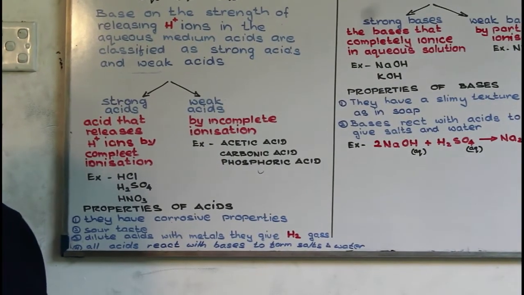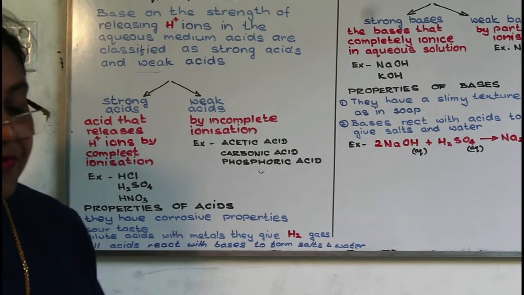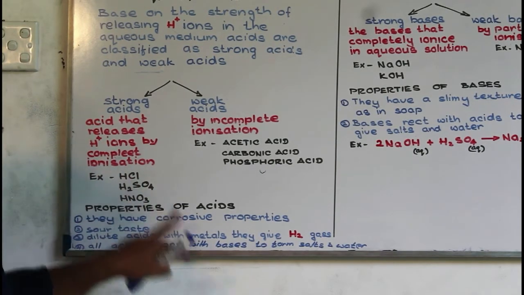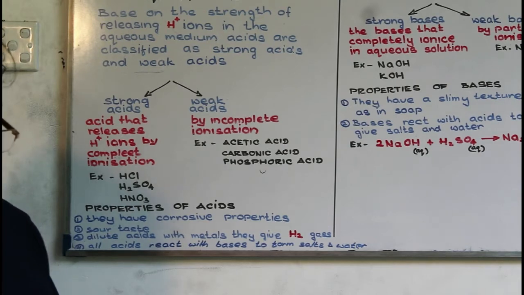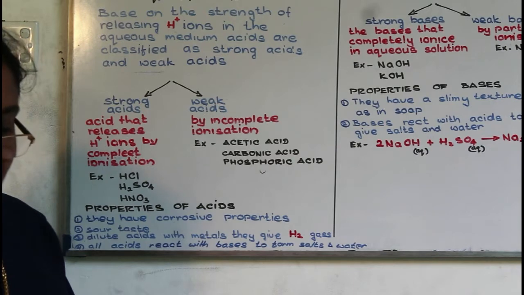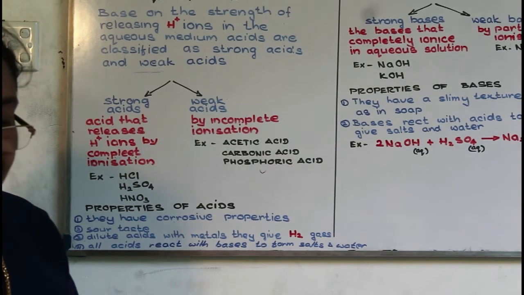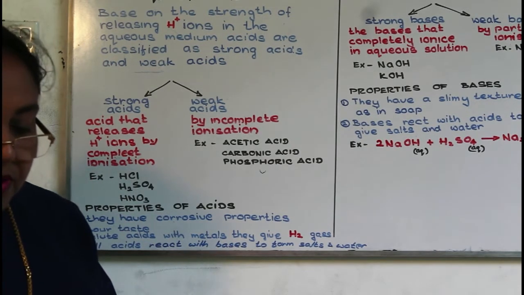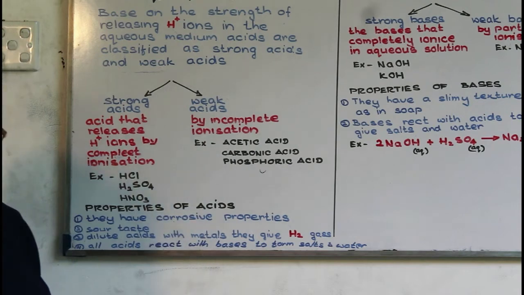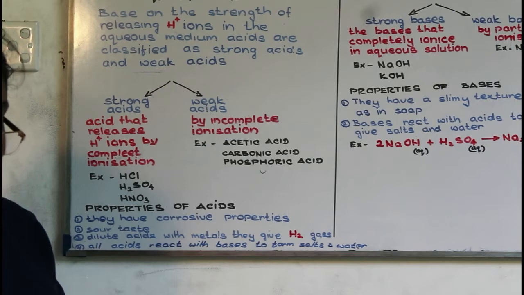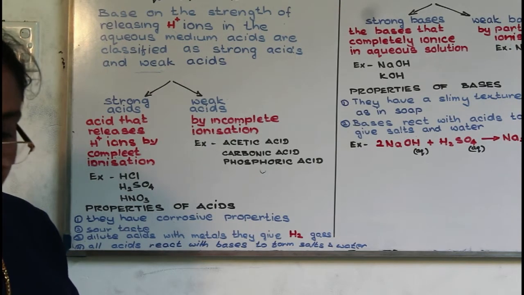Next we are going to learn about uses of acids. The first one, hydrochloric acid, has several uses. You can study at least two uses. First, removal of rust from steel objects, and second, making gelatin from bony materials in food technology. Those two you can study as uses of hydrochloric acid.